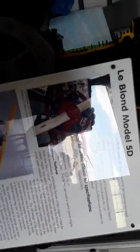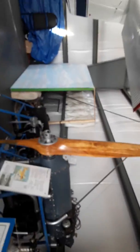This is a Le Bond Model 5D. There's a Ranger L484-3. Oh, hey, what is this? They've got girl mannequins and guy mannequins. Hell yeah, I'd like to have a go with that, Philly. And got...